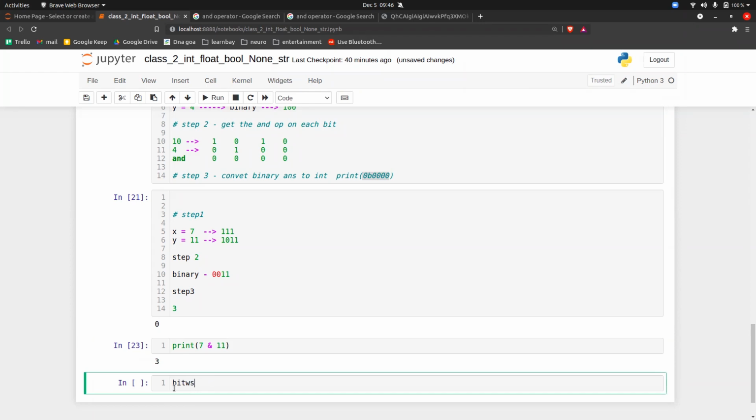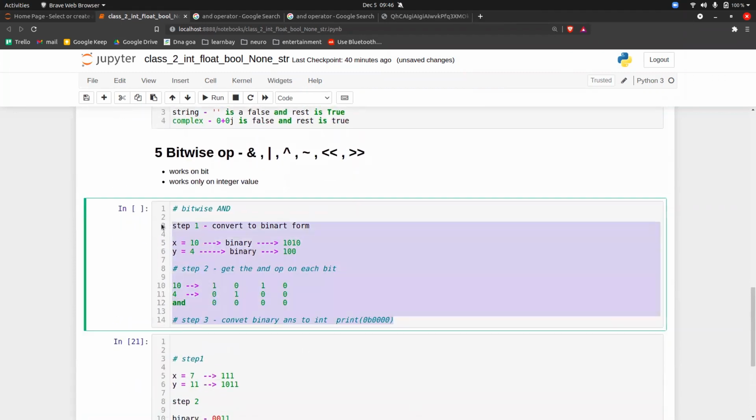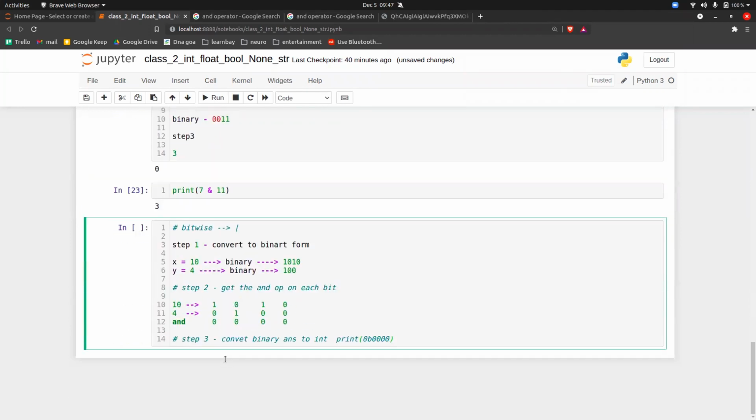Bitwise OR. And the symbol for bitwise OR is the pipe symbol. The straight line that you can see is the symbol of OR. Now what I will do is copy the same thing because the steps are totally the same. So step 1 is convert to binary form. So this is the answer for it. Step 2, the only change is that instead of AND, you have to do the OR operation. So what is the answer for this, guys? If I do the OR operation,